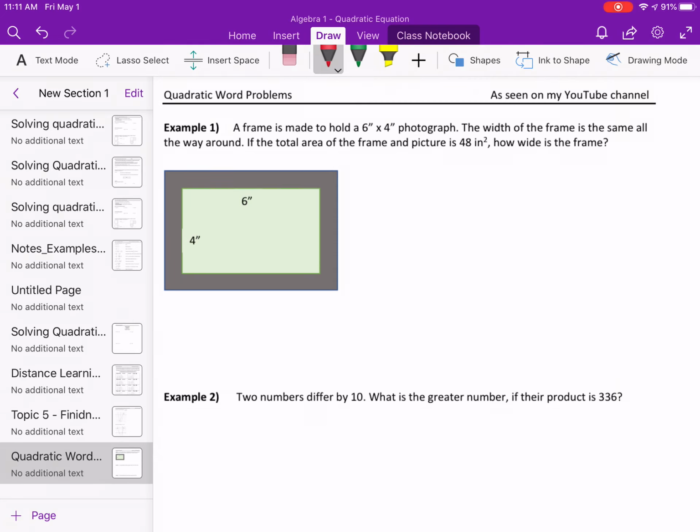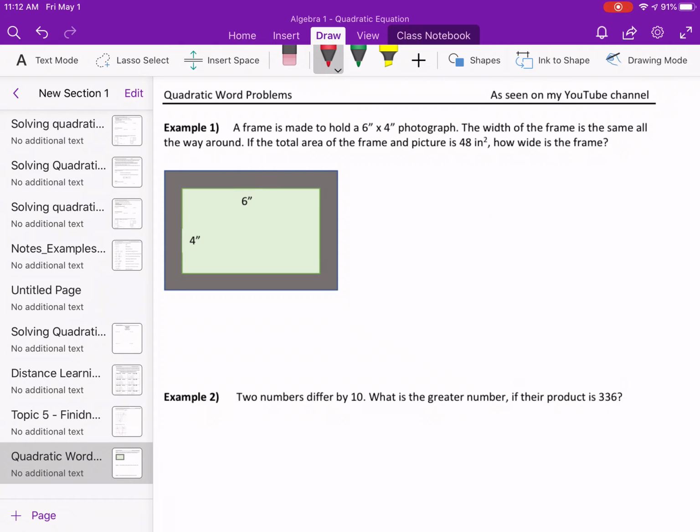Welcome back. In this video, we are going to start to solve word problems using what we know about quadratic equations. First example, I've got a rectangular picture that's 6 by 4, and I'm going to put a frame around it. The width of the frame is the same all the way around. If the total area of the frame plus the picture is 48 square inches, the question is,